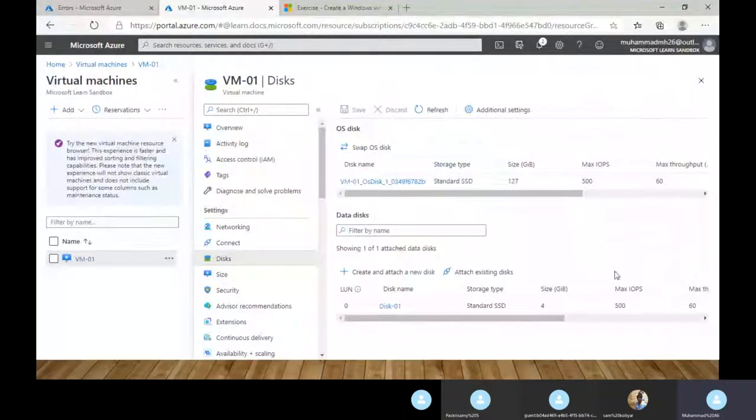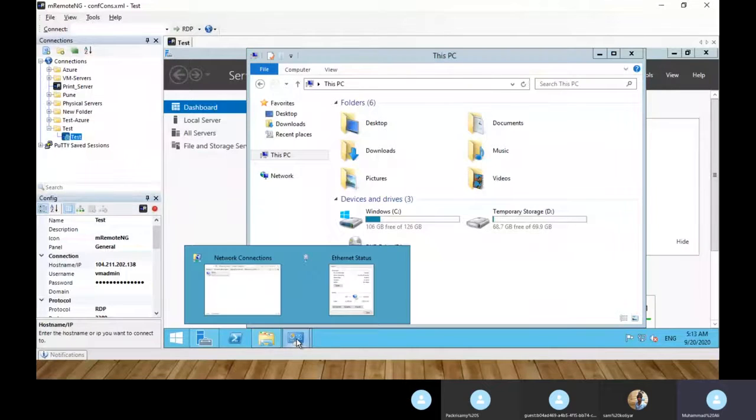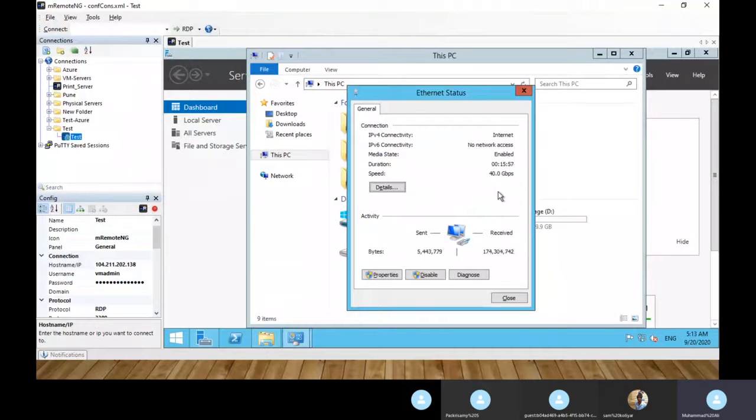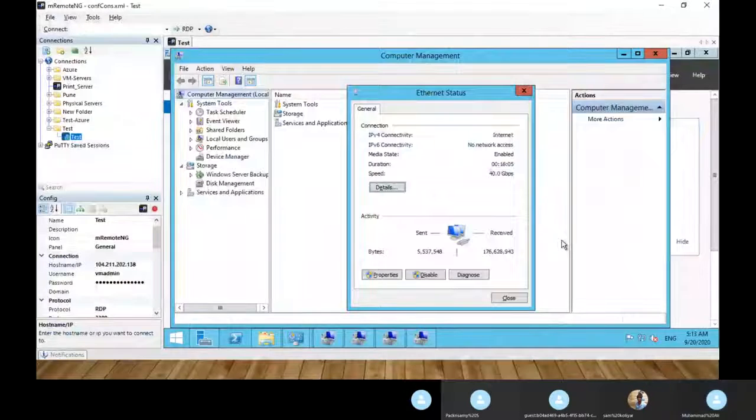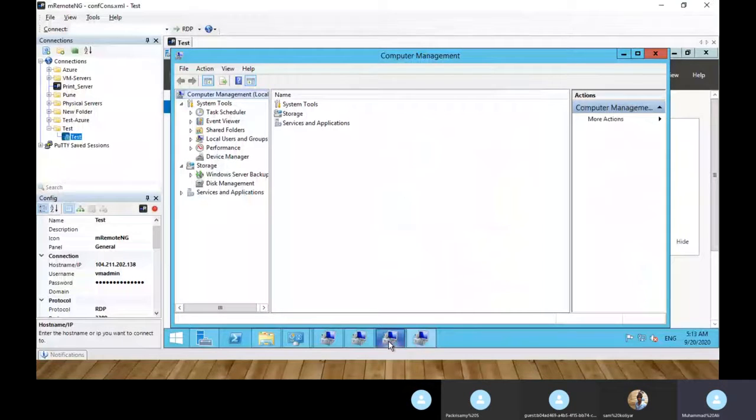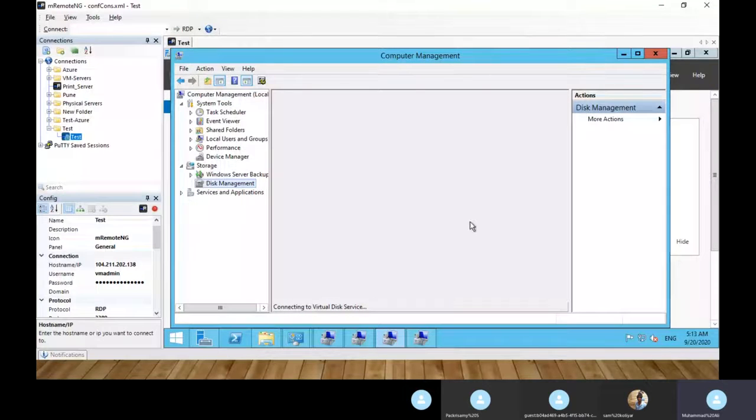I created a 4 GB storage here. In disk management I could see the storage which I created now.